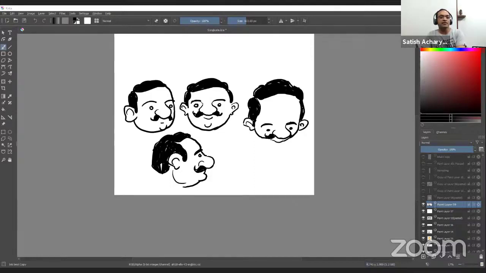There's a question from Nilesh: how to express different emotions on the face? I think the best way to study it is by acting it out. Keep a mirror in front of you. Start acting your own expressions. Try out different expressions and start sketching them. Maybe you can exaggerate it in a comical way. Then you'll master it. Try to simplify the emotions. Instead of using lots of lines, try to minimize the lines and still express the emotion.